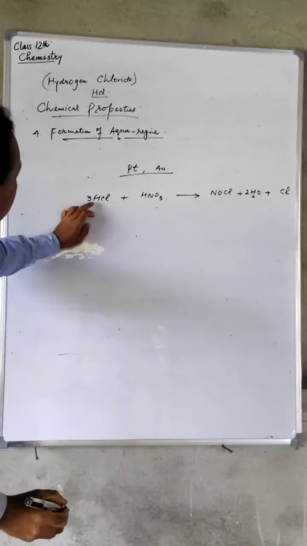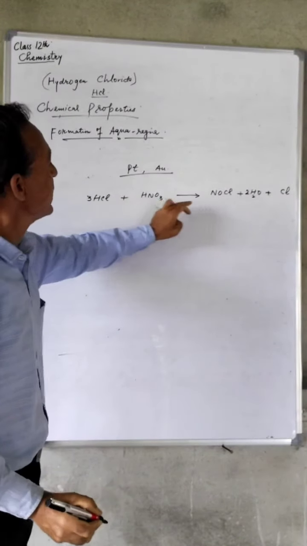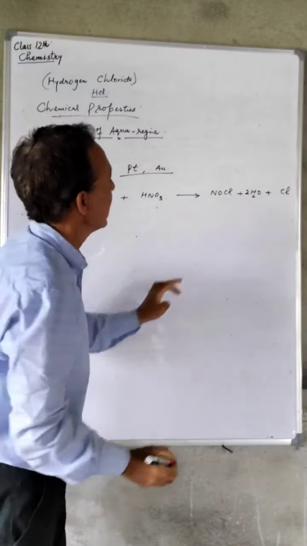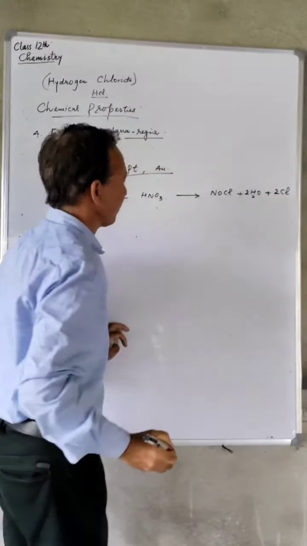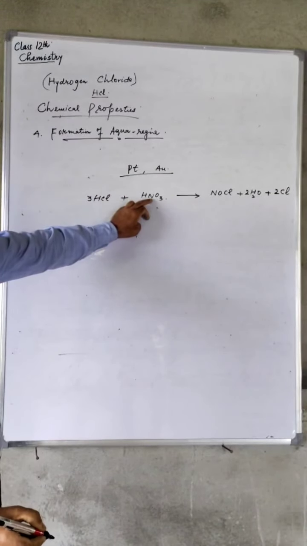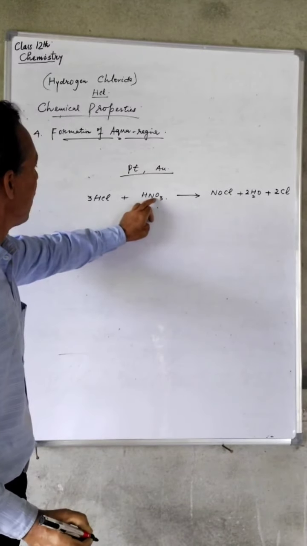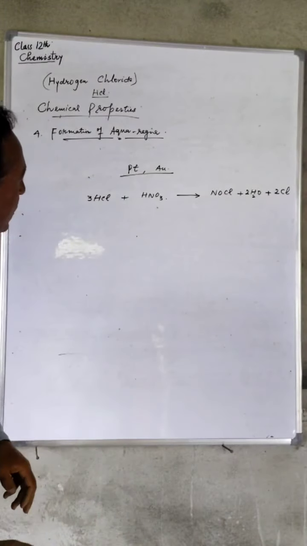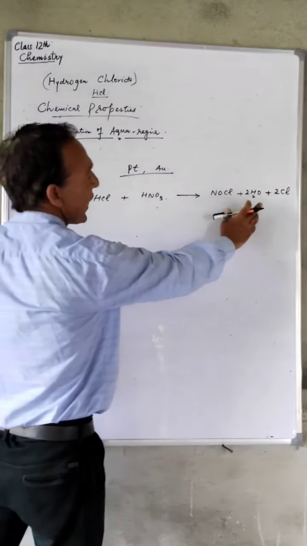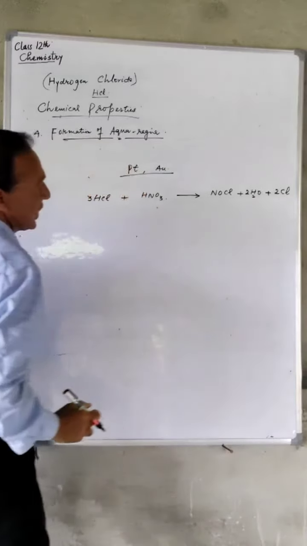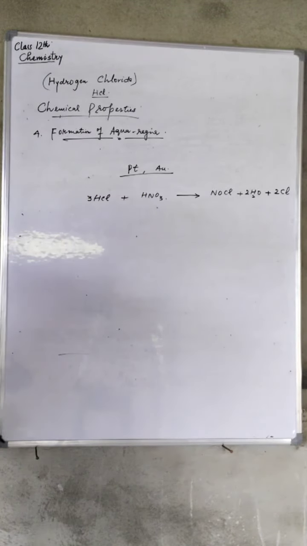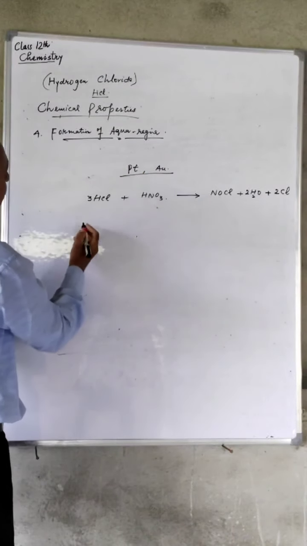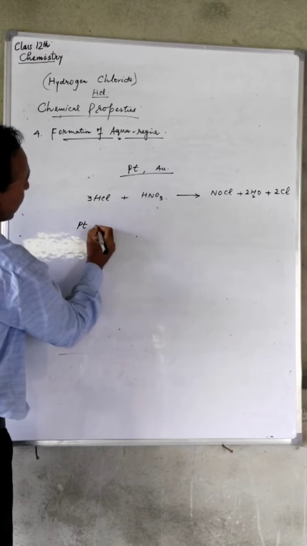Again we will balance it. 3 hydrogen plus 1 hydrogen, 4 hydrogen. 3 Cl, 1 Cl. Nitrogen 1, oxygen 3, oxygen 1. This gives nitrosyl chloride, water and nascent chlorine. This nascent chlorine then attacks platinum or